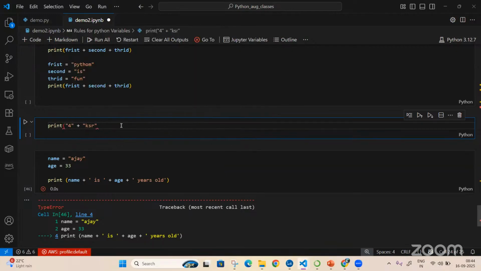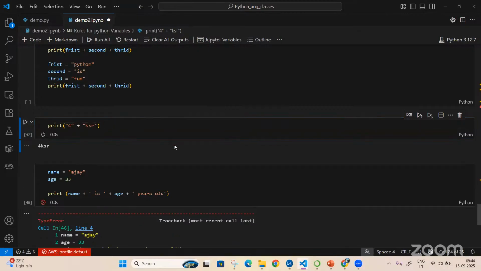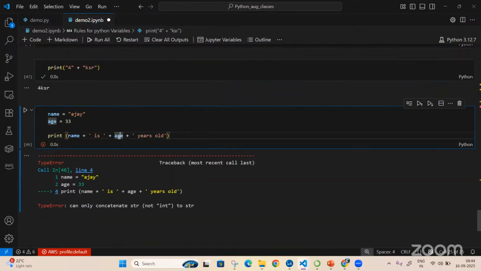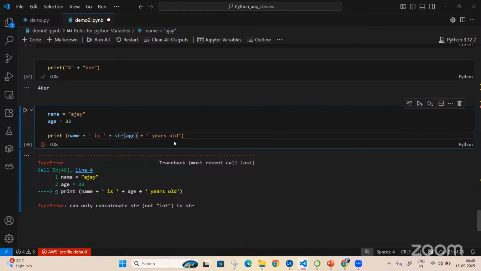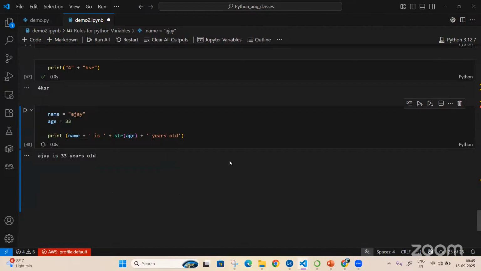Now I'm able to make it a 4 ASR. In the same way, since this age is a number, it will not be able to concatenate. So I need to change this. To change it, I'll just say str. This is a string that I'm passing. Now when I execute, it will give me 33 because it is now considered a string.